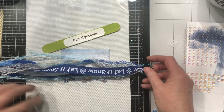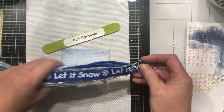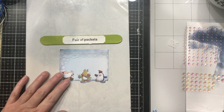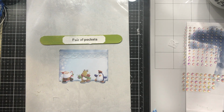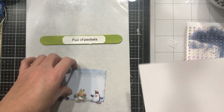If you've not worked on your tassel, that might be one of the things you want to work on this week. And as I said, you don't have to do a journal. If you just want to play with some of these elements to start having a stash of things to work with for future journals, that's perfectly fine. I'm going to link a couple of videos down below. A couple of them both have examples of several different types of pockets that you can do. But knowing that your pockets can be that simple or as complicated as you want to make them,